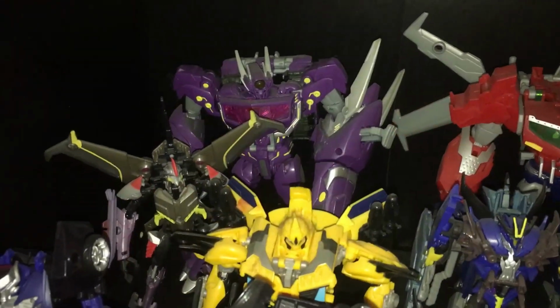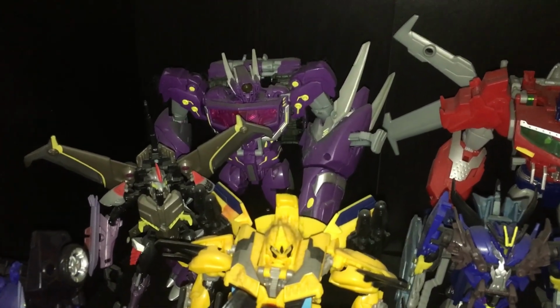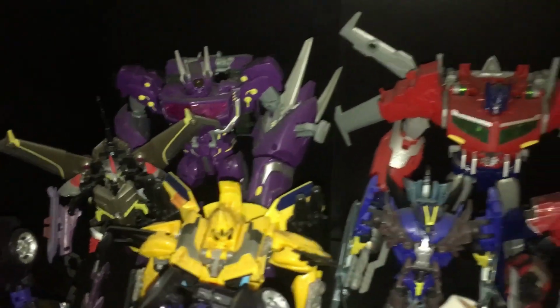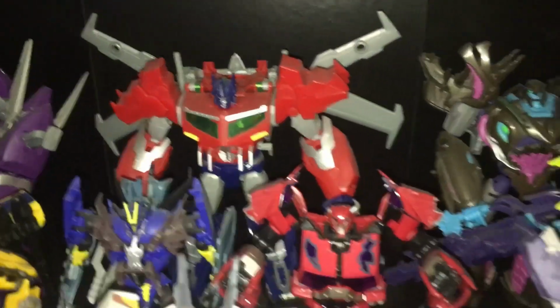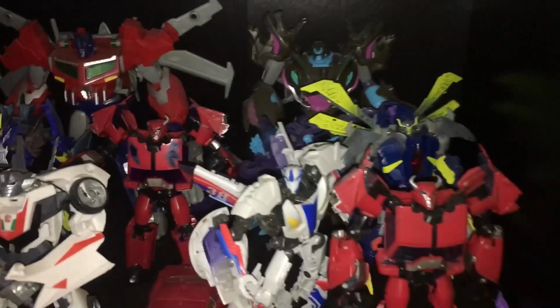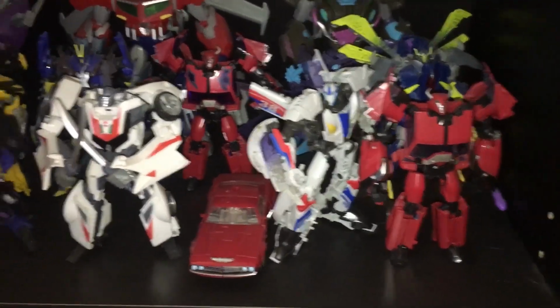Coming down here, there's my Shockwave. That is the SDCC exclusive one, where I met David Sobolov. So I got to get his autograph. He did a plug for TFReview16 for this channel. He obviously was the voice of Shockwave on Transformers Prime. And here's more of my